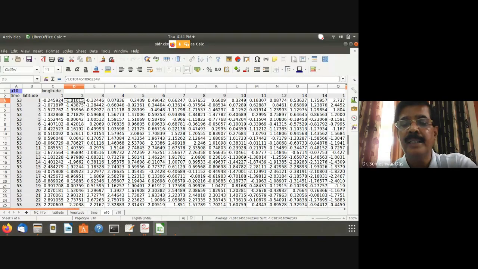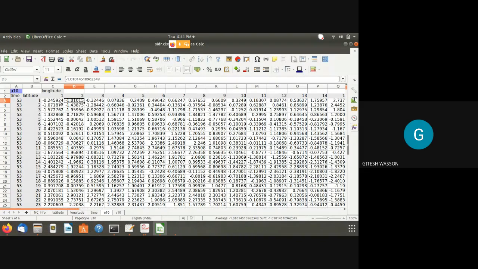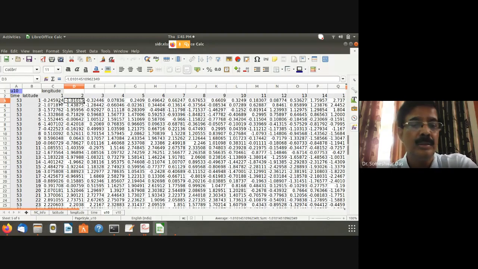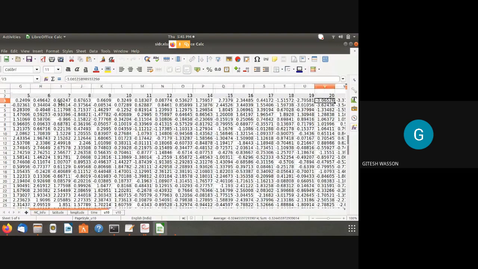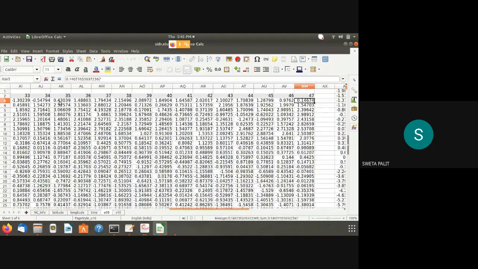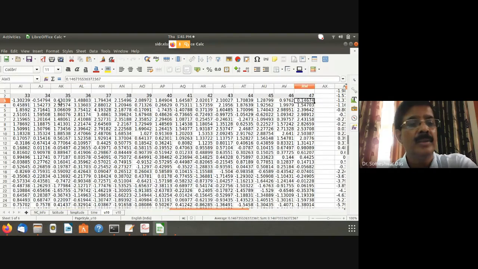47 columns are there in the x-axis, right? Yes, sir. Just scroll right and show me all the 47 columns. Okay, fine. So 47 columns. Again, go back to the first point.